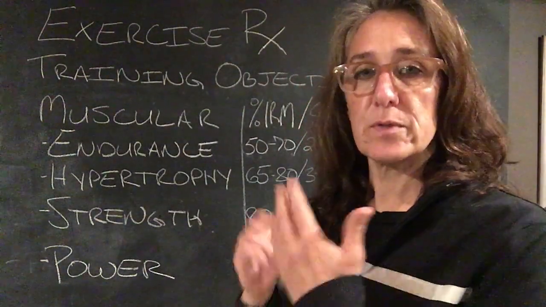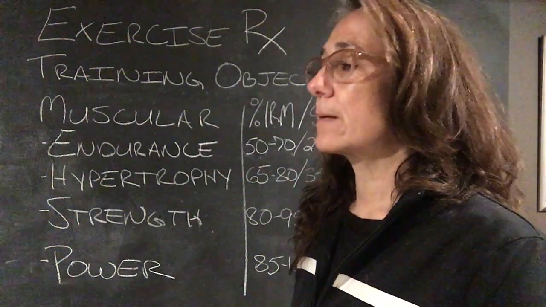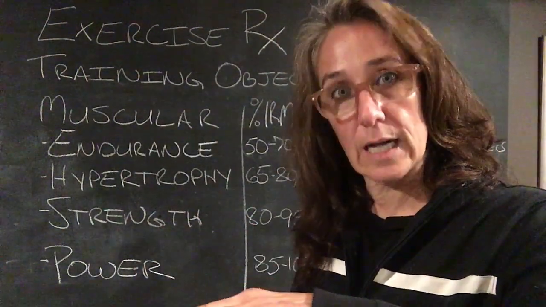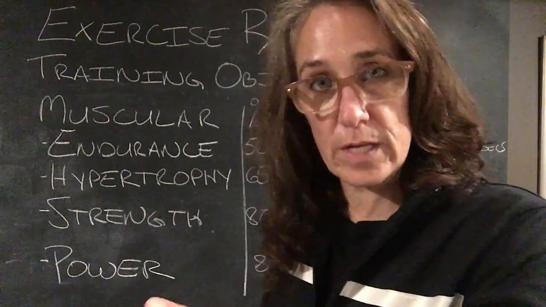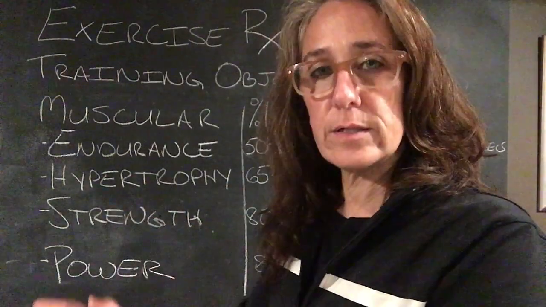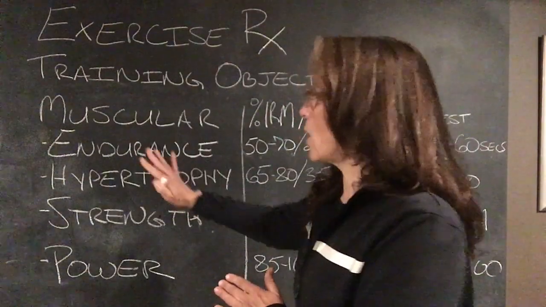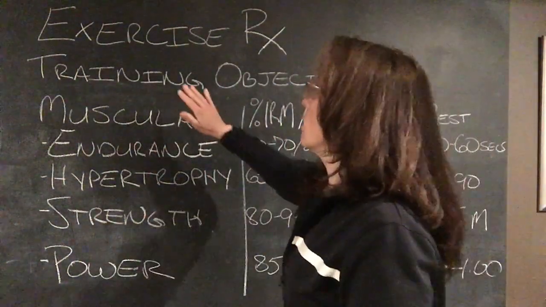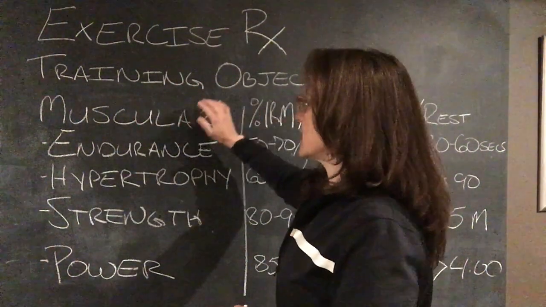So we see the correlation between the number of repetitions and the percent of your 1 rep max that would represent. And then we use the chart going down the columns and then over to the 1 column, right? Representing 1 repetition, 100% of our 1 rep max. And that's how we predicted our 1 rep max. And then we started to get into how that's relevant to exercise prescription, and that's what we're going to discuss right now. So remember that for every training objective, there is a specific